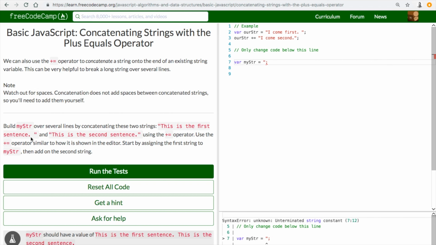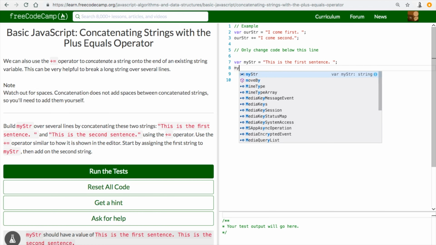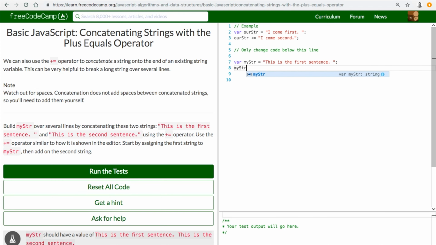So let's go ahead and do the first part using that space that we've got there. Let me just do this. Right, so I've copied this. Let's go here. All right, so this is the first sentence, and we've left that space in there, remember, from last time. Then what we need to do is say my string plus equals, and then we need to add more to this string. We need to add this. This is the second sentence,